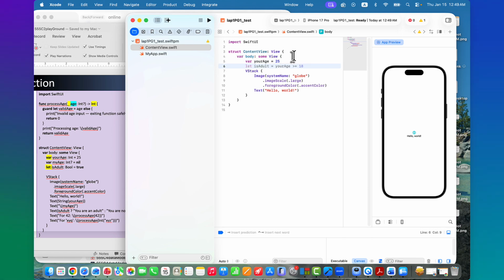That's okay. And then we can say let is adult. There is a Boolean. This is a very good one here. Say is adult